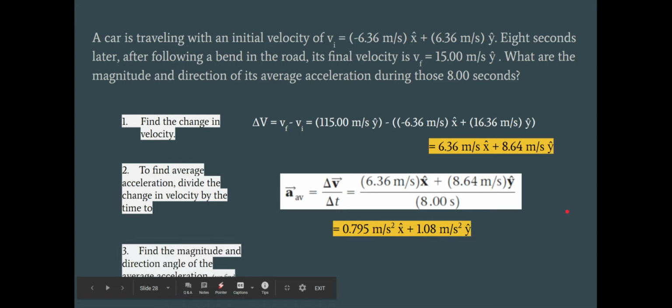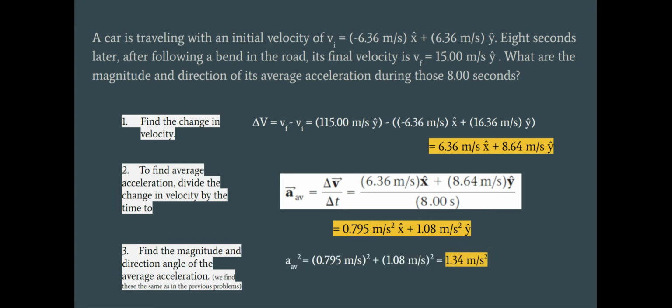And finally, the last step, we need to find the magnitude and direction angle of that average acceleration. And to do this, we're just going to do what we've previously been doing. So we are going to use that Pythagorean theorem to find our magnitude for acceleration. Okay, so it had both an x and a y component. So we're going to place the x portion here and the y portion here. And then we'll just take the square root of that information to find the average acceleration, which is 1.34 meters